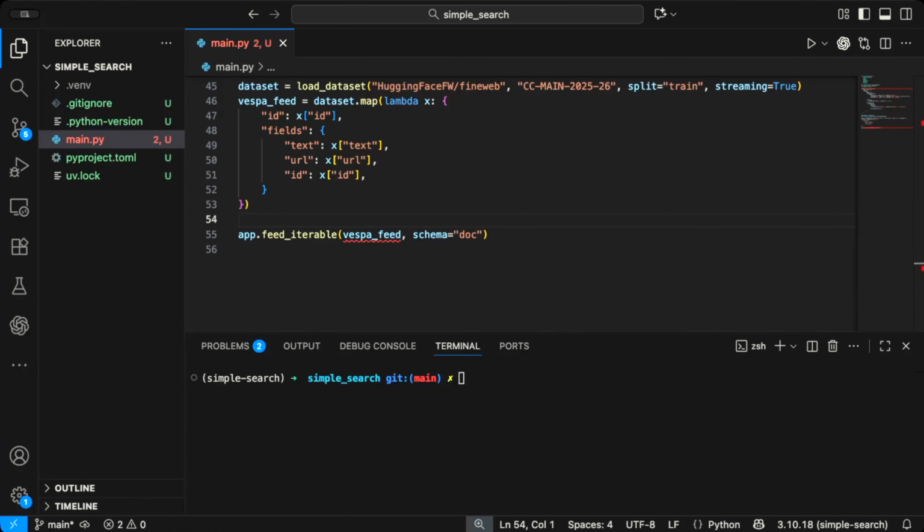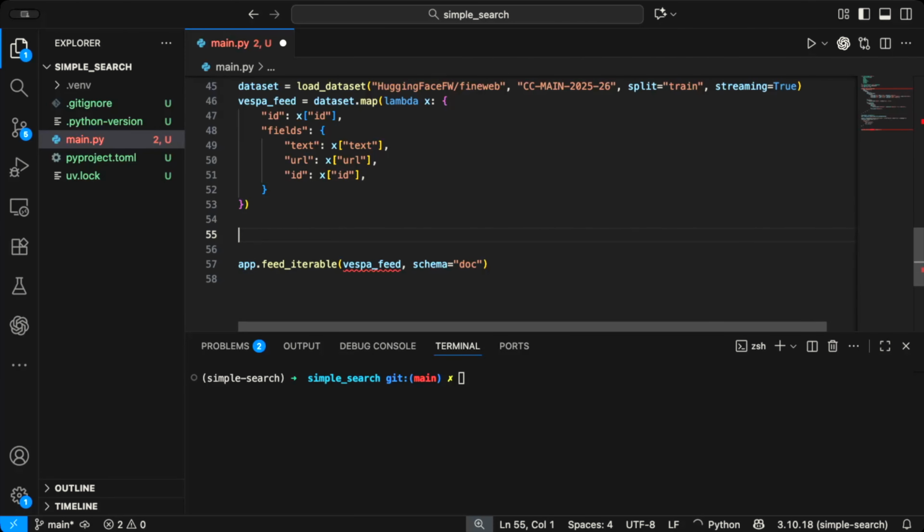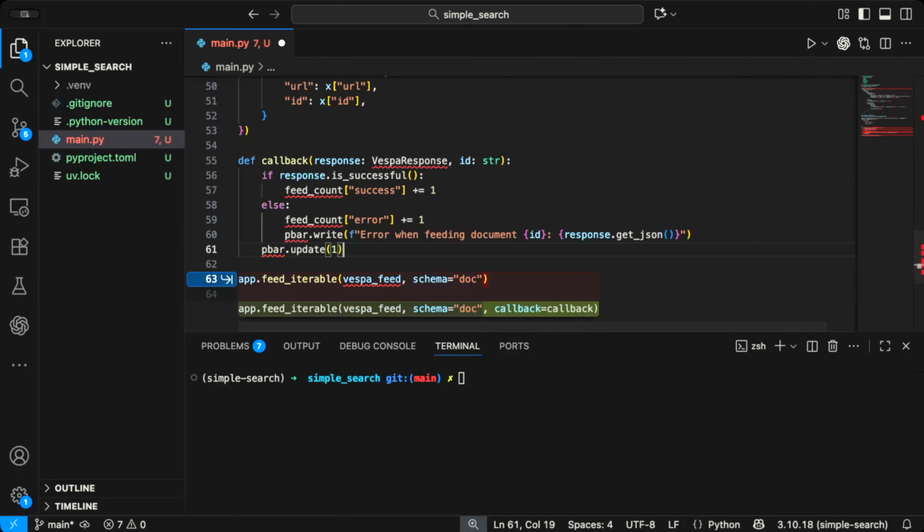Yeah, and then we can query it. So the first step would be to just feed the documents. But you can also have some callbacks. So I can say, okay, I'll just copy paste this part. I create a callback,